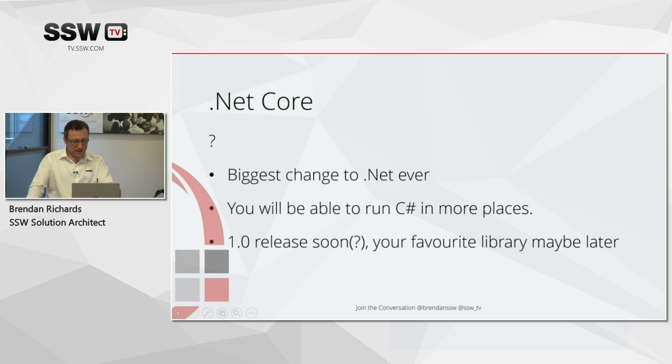It's also not quite out yet. The 1.0 release is supposed to be coming soon, but I think it'll be a fair time before 1.0 comes out and all your favourite libraries get up to speed as well. So you might have a favourite library that you use with every single project that does exactly what you want. You might find that when you try to use the new .NET Core, your library isn't working on it yet. And you may even find that some library developers just abandon their project because they had enough.